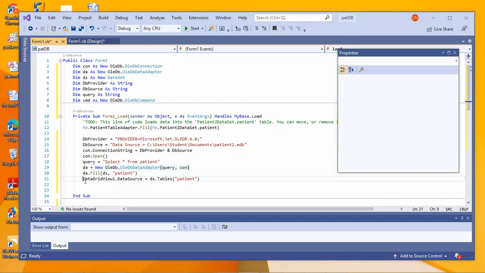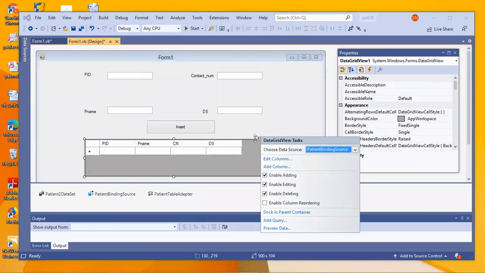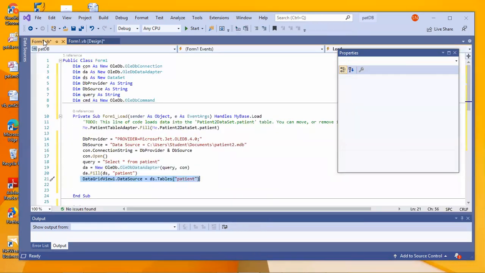Yes, and the last one, fill onto the data grid view. What you are supposed to fill goes into the data source. So what exactly are we doing here? We are trying to do all those things we did using the settings. What we did through the settings, the same thing I'm repeating here in my programming. All these things are nothing but making a connection.